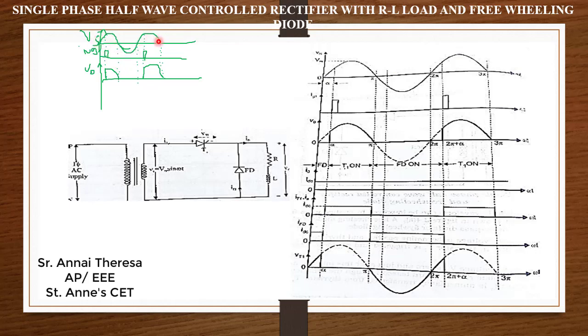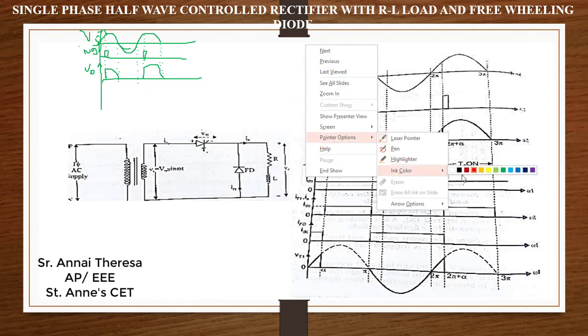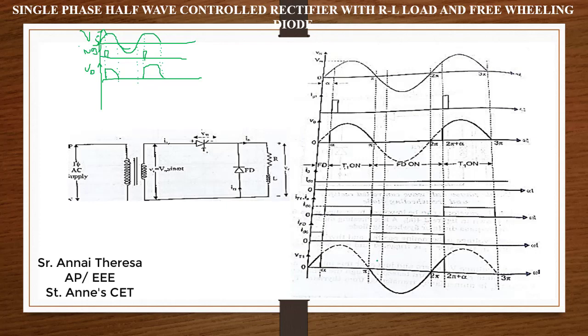This is the input voltage waveform. This is the firing pulse. Then the output voltage you can draw simply. When you give the firing pulse, you will get the output voltage which follows the input voltage. Like this you can draw here also. No need to put this. For example, I will draw here. No need to draw that dotted line. It is enough. Then this is 0.